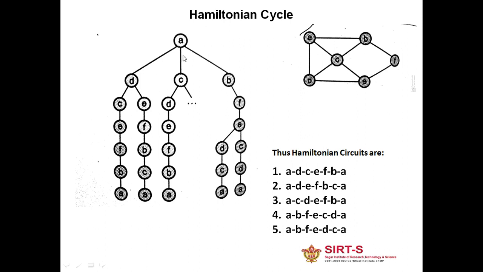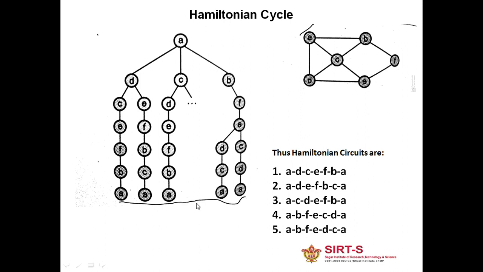Okay. Now see, I'm showing here the results 1, 2, 3, 4, 5. These are the feasible solutions which we can get. From the graph it can be clearly visible. If we start from B, F, E, C, D, A, that will be the result. The result can be A, D, C, A, D, E, F, B, C, A. So this will be the result. It will be clearly visible from here itself. At last we have to come back to A. See, these are the solution set.